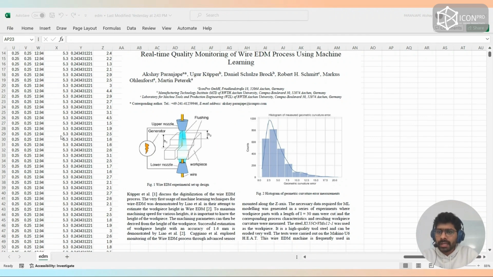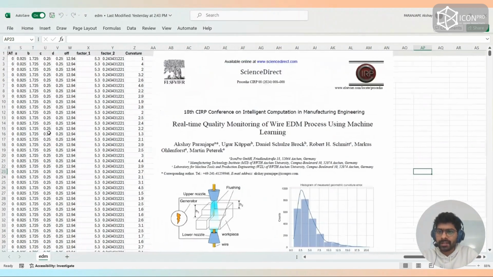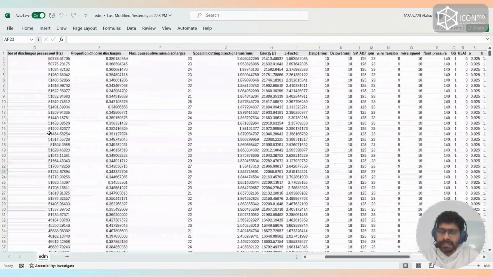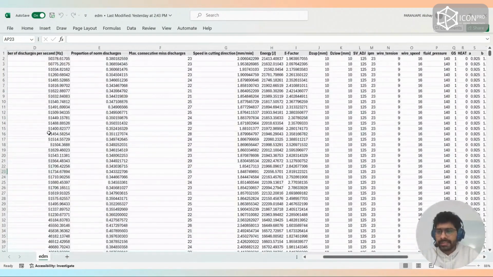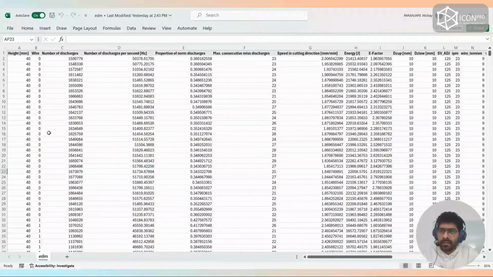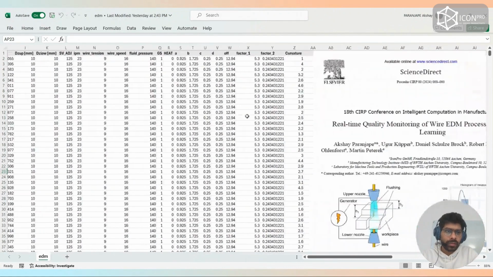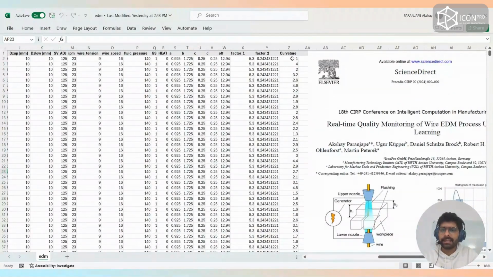If I take a look at the left side of this file, this is the data that is being generated during this process, where we see 26 features, or process parameters, that can be used as input to the model, with one quality parameter, that is the curvature, or the geometric curvature error for the part that is being cut, in micrometers.